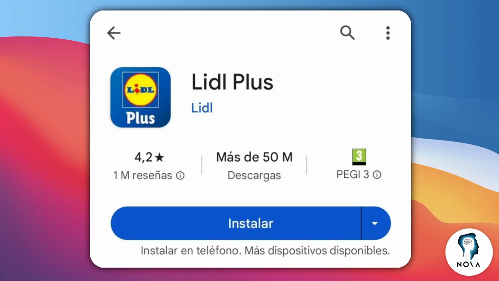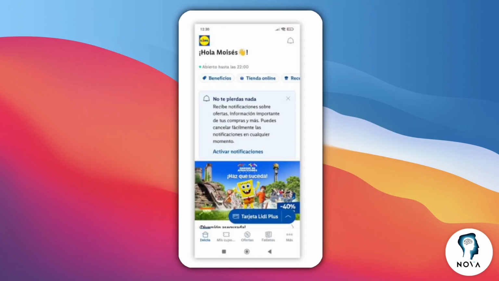So look for the official app published by Lidl, as we said, and make sure to install or download the application. So click on install on Android, and on iPhone you will find Get. Wait for the download and installation until it's finished. Then once the installation is completed, you'll have to tap open and open it up. So find the little icon on your home screen and just click on it to